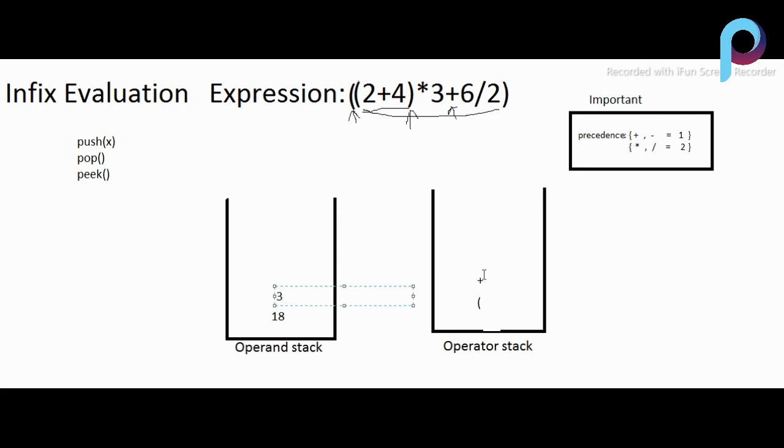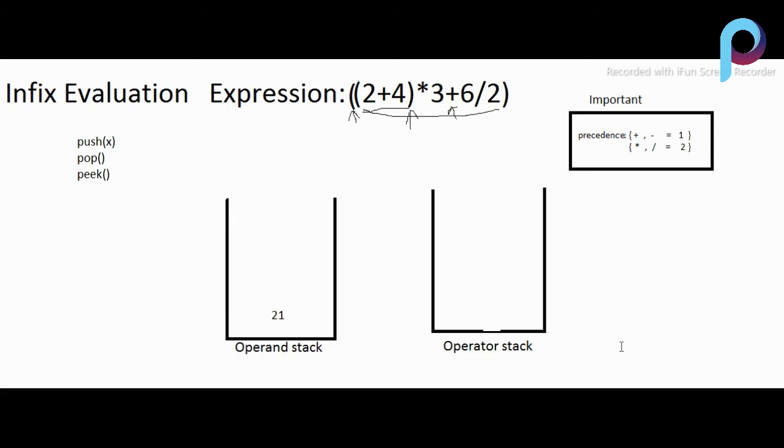Okay, now there is a plus, so we have to pop the plus and perform 18 plus 3, that is 21. Okay, guys. So there is an opening bracket operator. Now just pop it out and we are at the result. So we get the result after solving the expression according to the precedence and with the help of two stacks. So now guys, we have to do some coding.